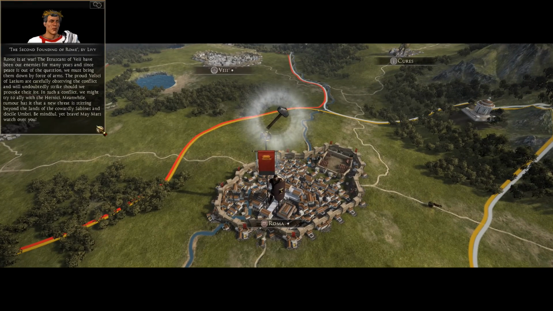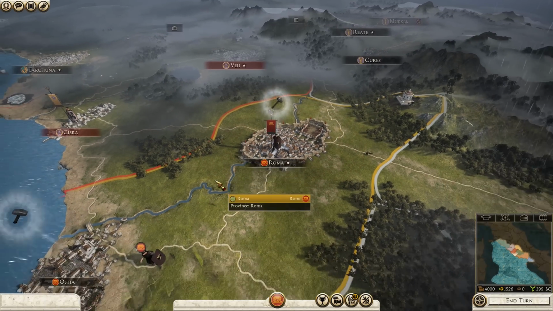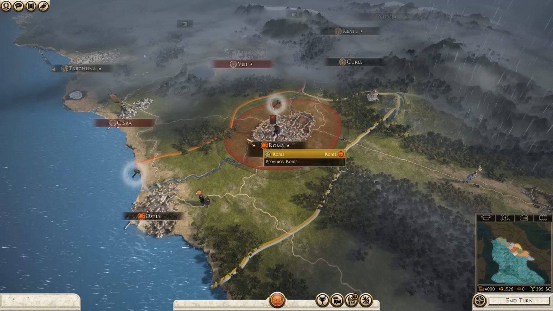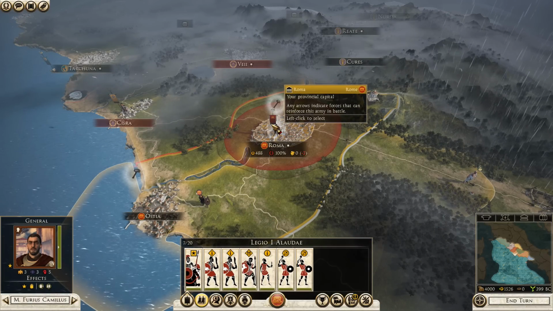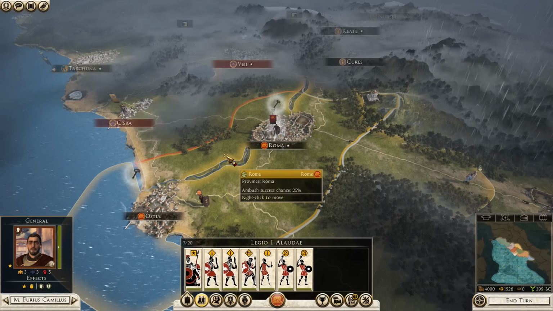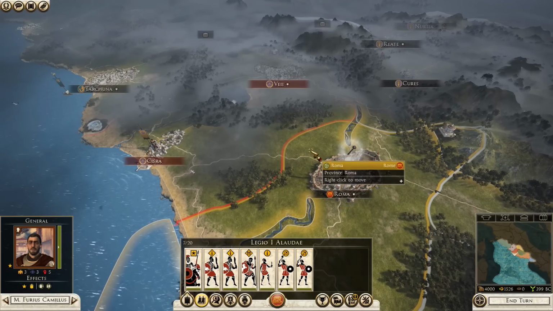Rome is at war. Yeah, sure it is. Not a bad intro, I will say. It sort of foreshadows a little bit of what happened to Marcus Furious Camillus in real life. They mention in it there that they sent him away, they banished him, and that is true. He in his early days was a bit of a badass general for the Roman Republic,